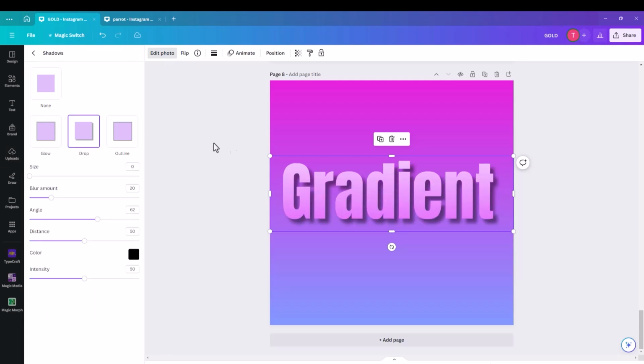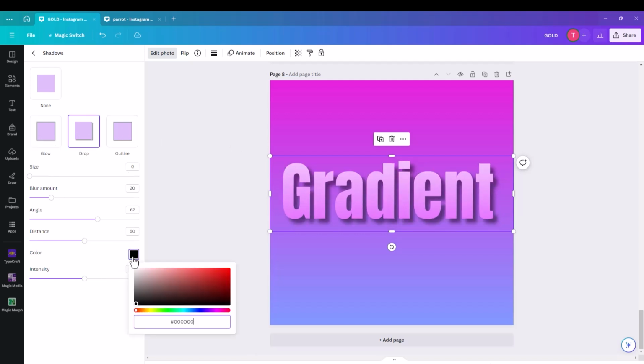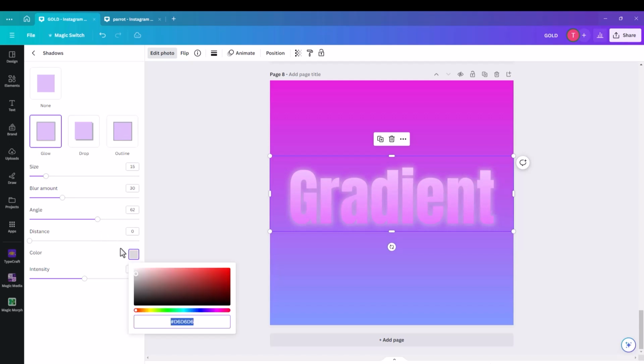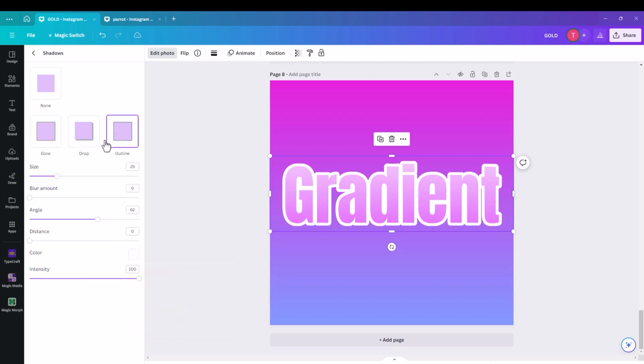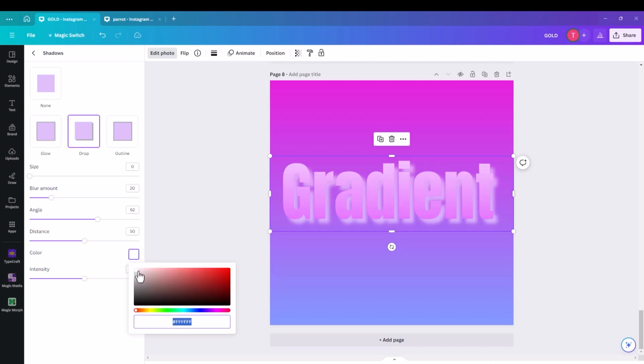If you do a drop shadow or a glow, the drop shadow is quite effective if you change it to white, or the glow is good if you have it white or outline. The drop shadow probably might need to be a little darker,